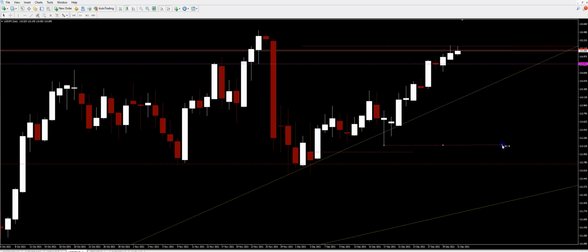Let me clean that up. Needs to be a little straighter than that. Which is right here on that wick right here. It never went back there again. That's why most of the time I say place your